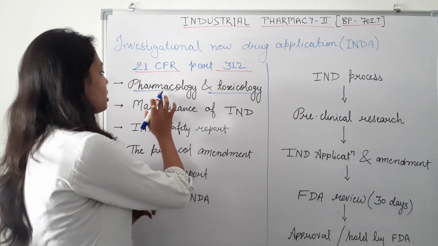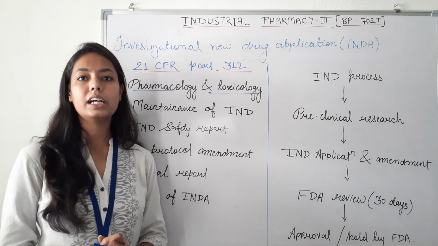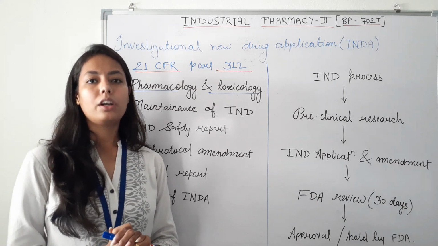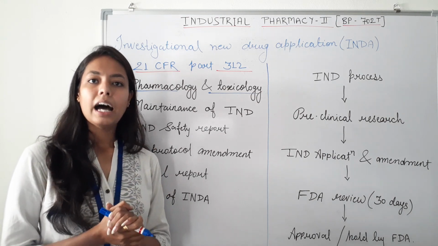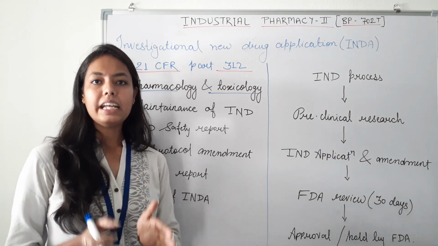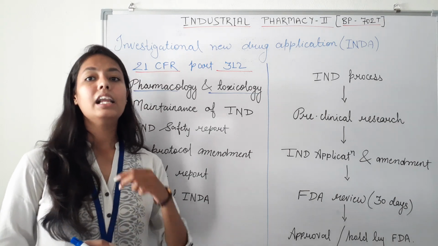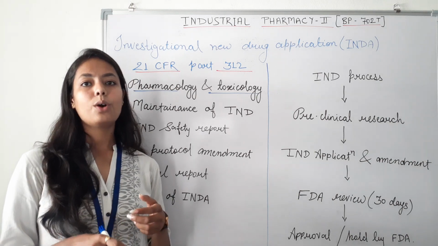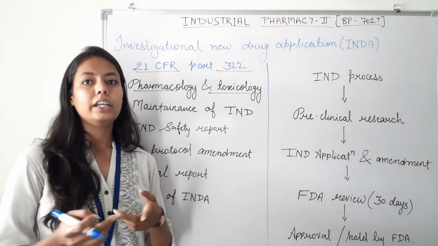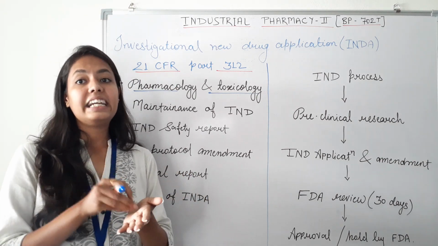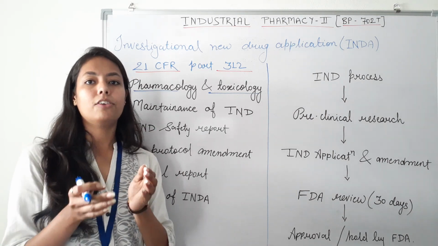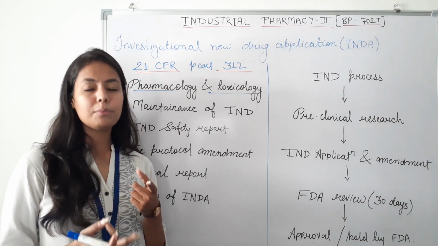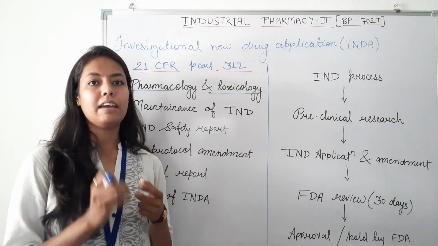The remaining portion comprises the pharmacological and toxicological information of any chemical compound or drug which has been filed for the INDA. The review of the data obtained from the non-clinical, in vivo and in vitro studies determines the administration of the investigational drug into humans. So, the data must provide a good level of confidence that the new drug is safe to administer to the human subject at the proposed dosage level.